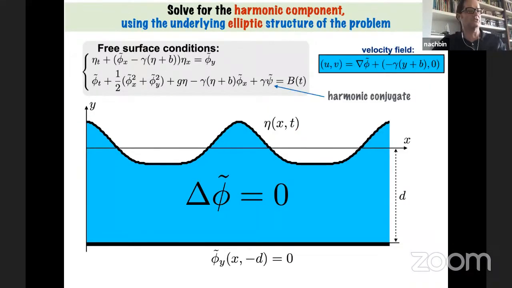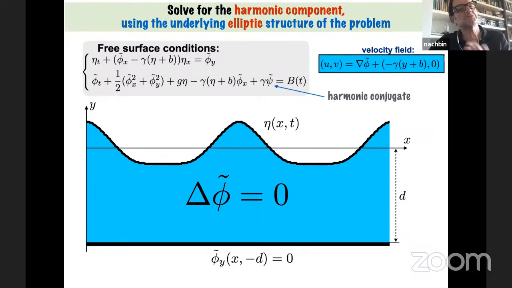Okay, so we have the equations as before. Now I have to point out a few things. We have here the kinematic condition and the Bernoulli law. In the Bernoulli law, I'm indicating psi tilde, and I need to note that psi tilde is not the stream function. It is actually the harmonic conjugate of phi, which is the harmonic component of the velocity field, and we will connect these two using a Hilbert type transform. So that's one thing. And then later on, we need to compute the true stream function so we can graph the phase space type structure beneath the wave.